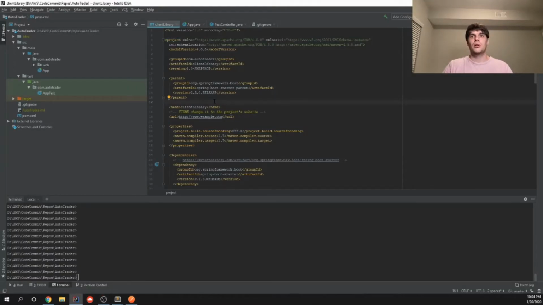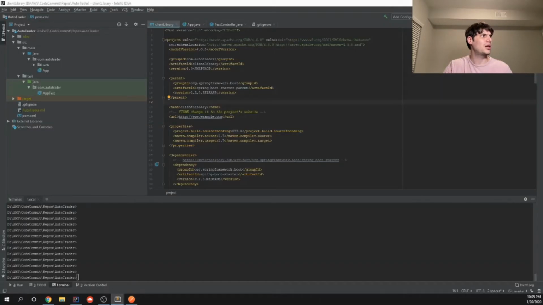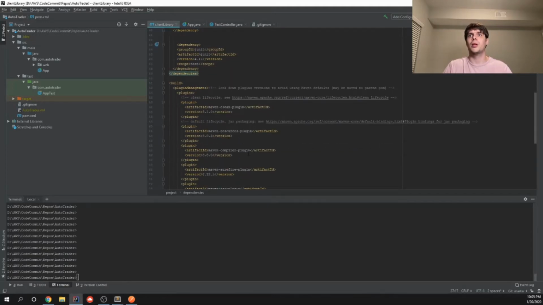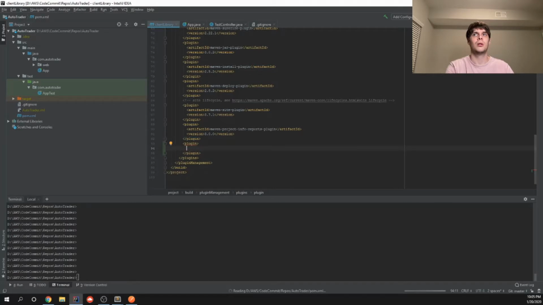So step one, pretty simple. We need to get our application to be compiled as a jar. For this, it's basically just a POM update. So there is a plugin that you can use, a build plugin that will build your code as a jar. And that is